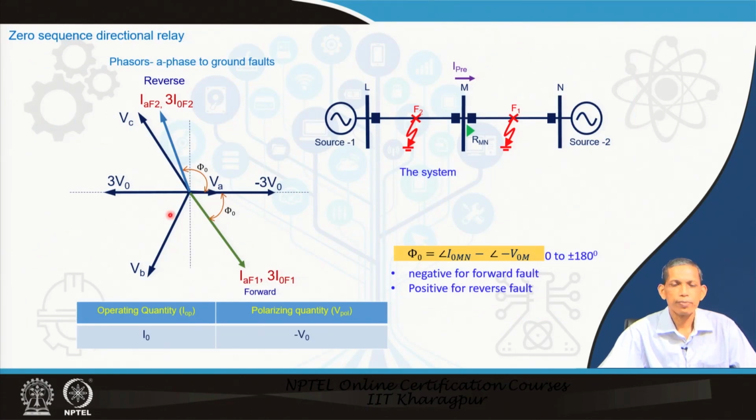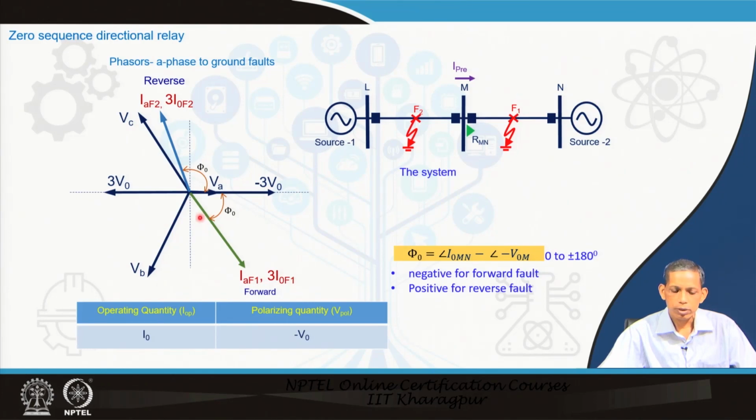Now, going to the same phasor diagram perspective, similar to that one, let us consider the F1 fault, the line to ground fault. We will have this similar diagram: VB, VC and this VA. Now, we will compute the V0, V0 is VA plus VB plus VC. So, you add VB, VC and add VA. So, this again comes out to be this line, 3 V0. If you like to shift it to the VA line, then minus 3 V0. For F1 fault, IA lags voltage substantially in terms of the impedance angle of the line and the RF.